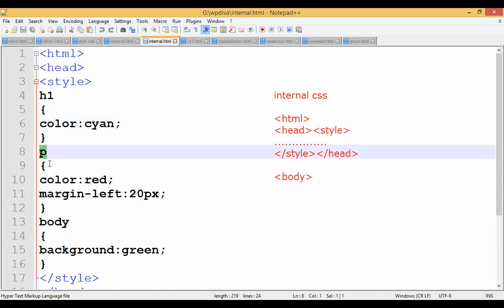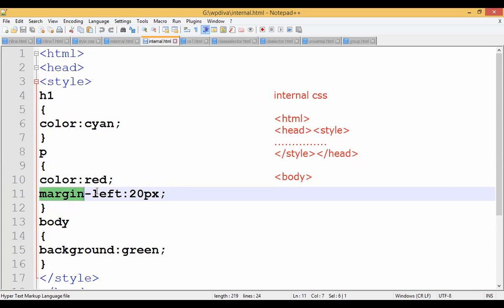Now, for the contents of paragraph, I am taking color, which is red, and I am taking margin to the left side for 20 pixels. Px means pixels, left side of the screen. For that paragraph, I want to leave a margin of what? 20 pixels. So margin hyphen left. What does margin hyphen left mean? It is a compound parameter. Compound parameter means a combination of two attributes or a combination of two properties.